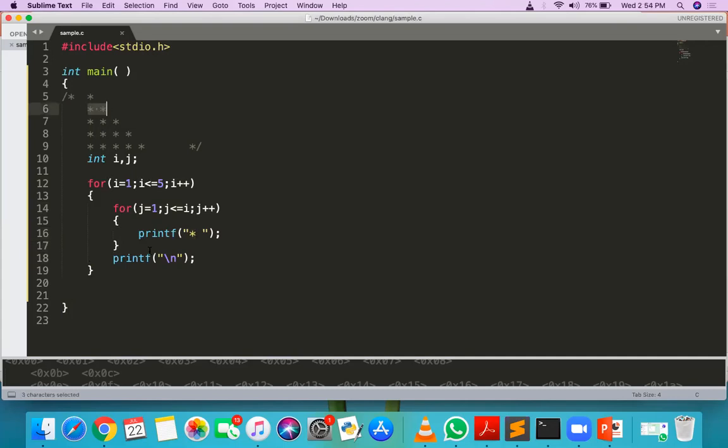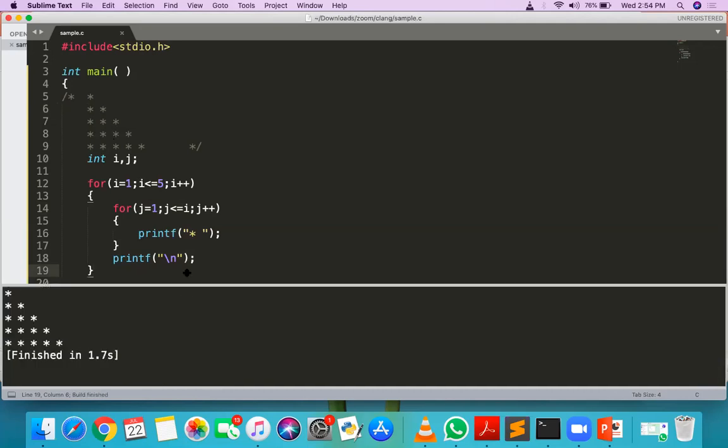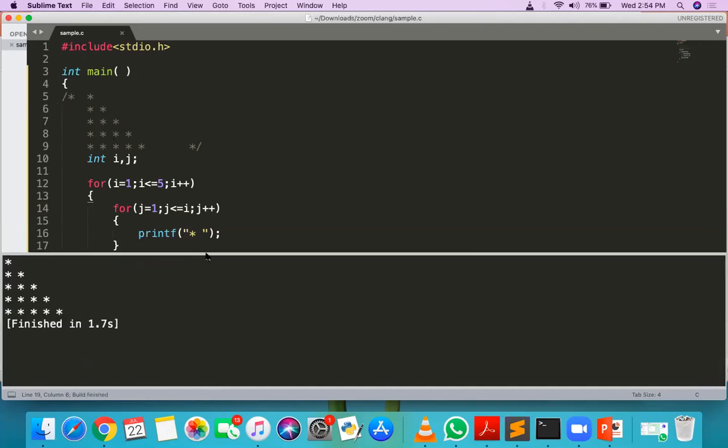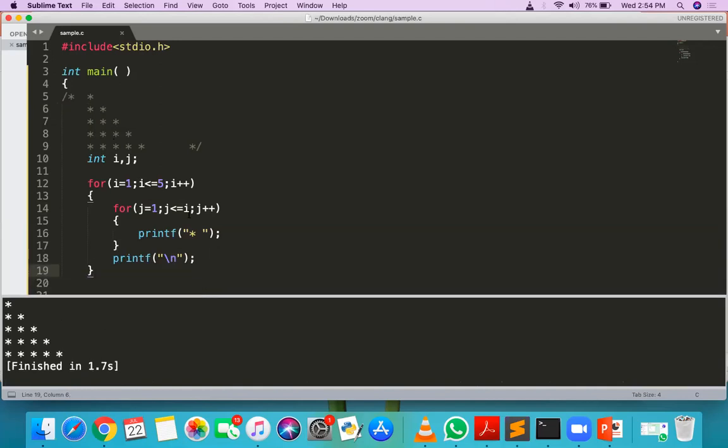Then after 2 stars, there is backslash n. Again i is incremented, i becomes 3, the condition is true, so the inner loop goes from 1 to 3. So 3 stars will be printed. Getting it? And you will get output like this.